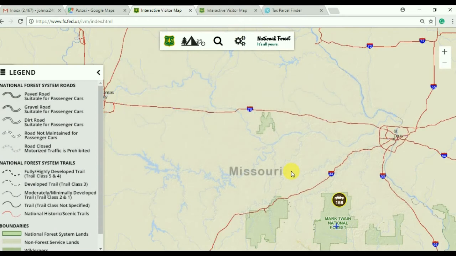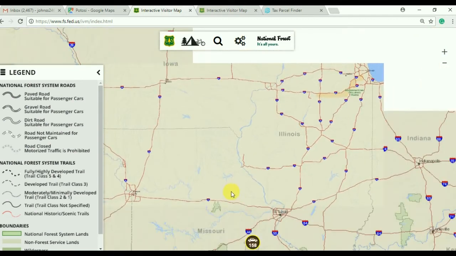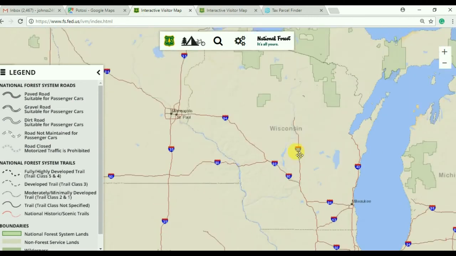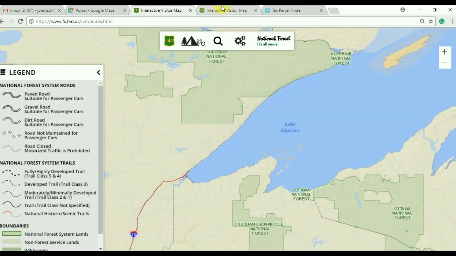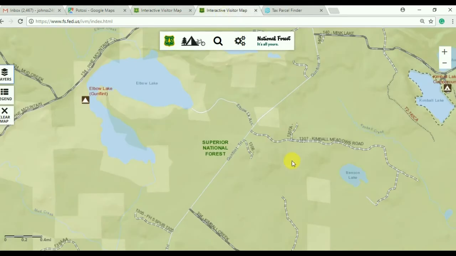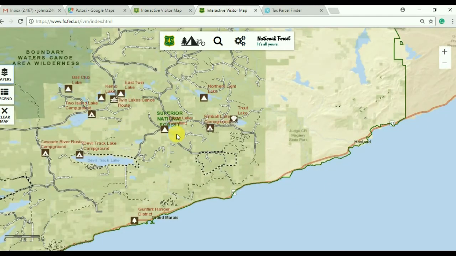As my bonus feature, I'll show you that just because it doesn't show in green, sometimes it's not necessarily private land. So if you go up to Cook County, Minnesota, which is a really nice area if you haven't been there,